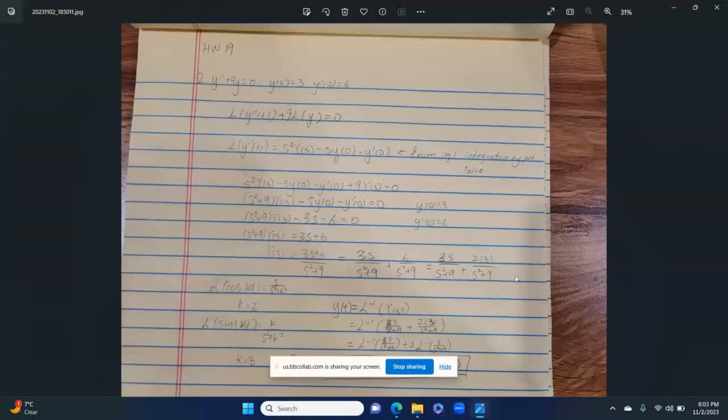And if you recall in lecture 18, the reverse Laplace transformation, we used characteristics of some common functions that we use Laplace transformation on. So for example, the Laplace transformation of cosine kt is equal to s over s squared plus k squared. You can see here we have 3s over s squared plus 9. So for us, the k will equal 3. And then recall the Laplace transformation of sine kt is equal to k over s squared plus k squared, where